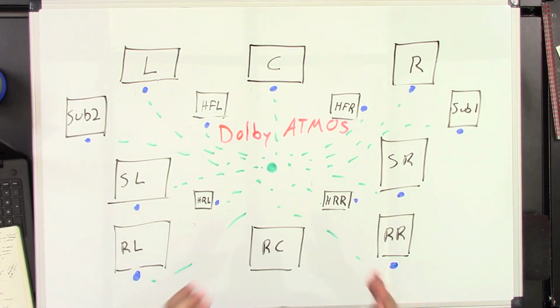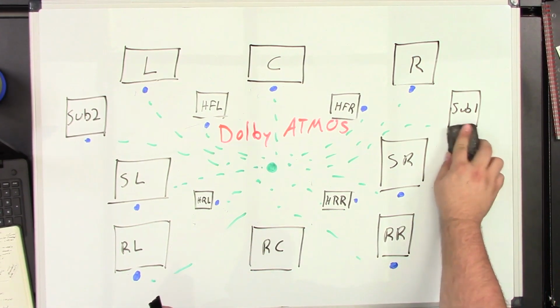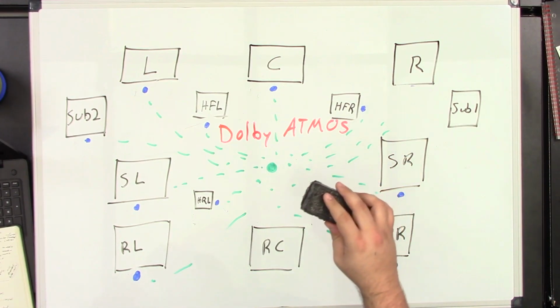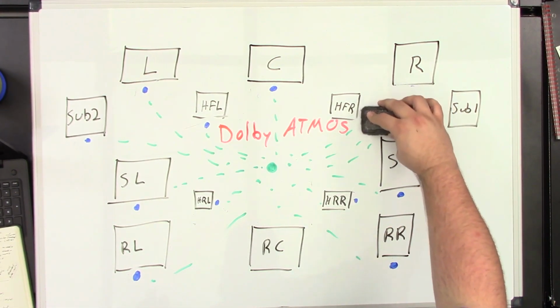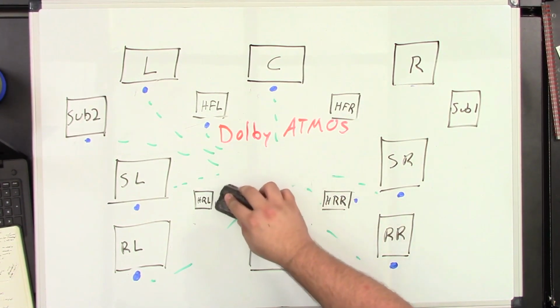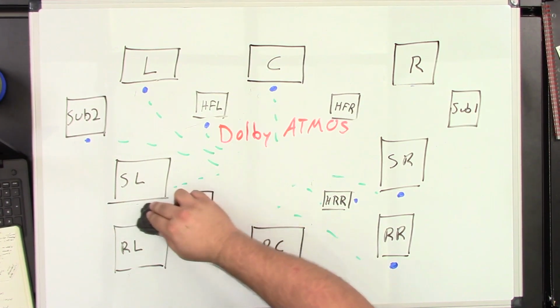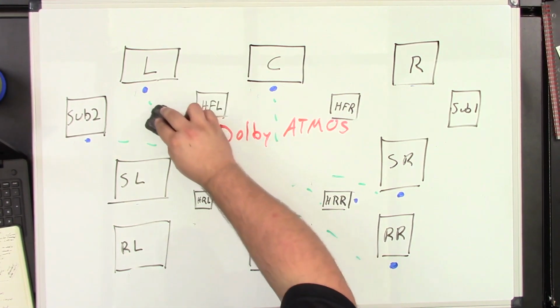So Dolby Atmos isn't the only one that's doing this. In fact, you have DTS doing the same thing. They call theirs DTS:X instead. There's one other, Auro-3D, the third one that's out there as well. At the very beginning, they were kind of a European product, so you weren't really seeing a whole lot of it here in the States.